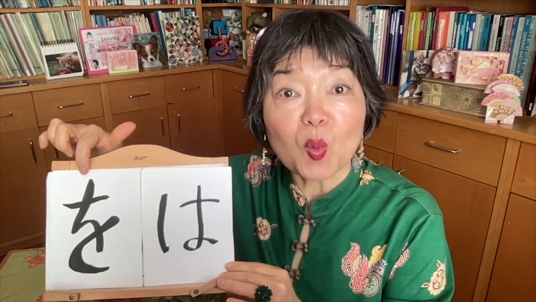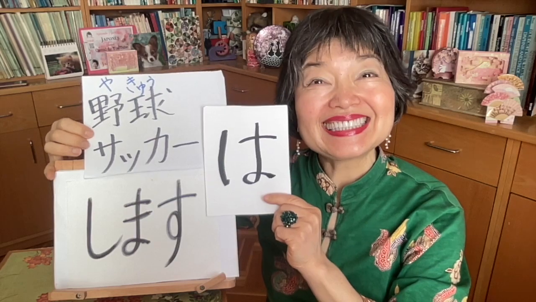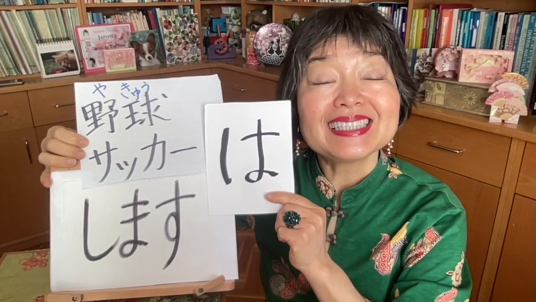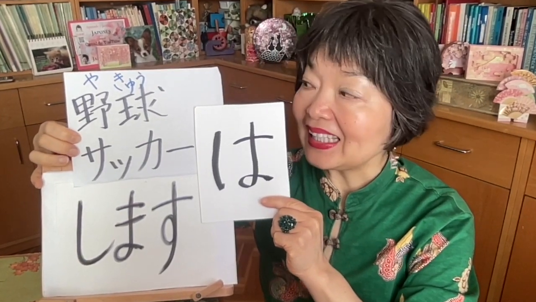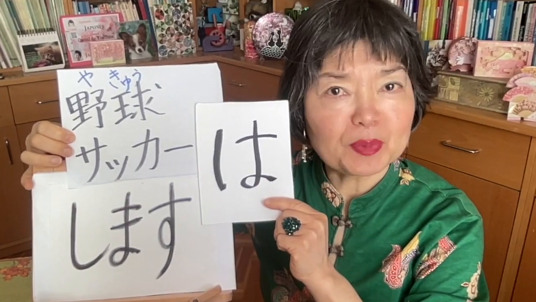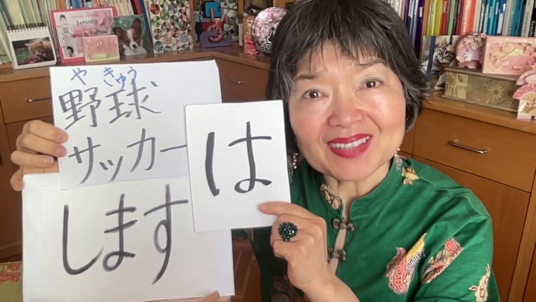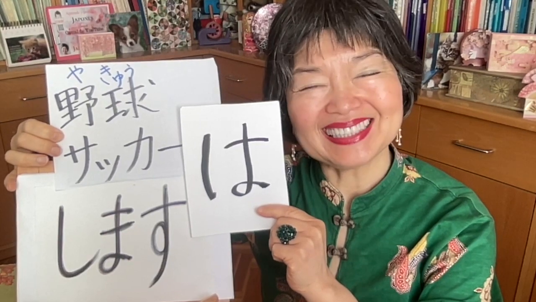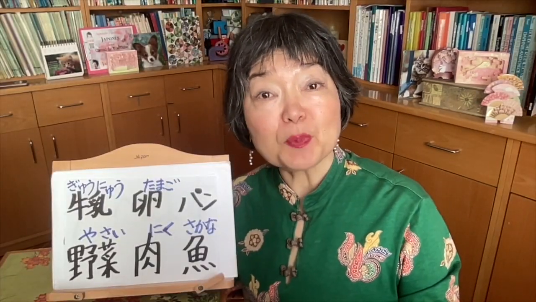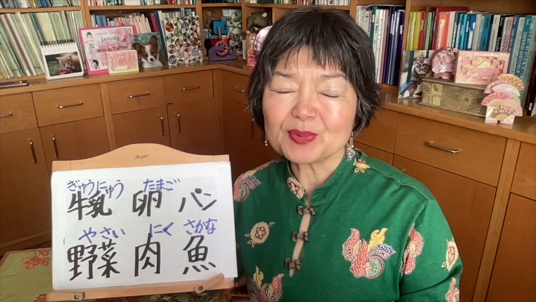But in this case, I say, yes, I play soccer, but I don't play baseball. So this is something like emphasizing. Instead of wo, we are going to use wa. サッカーはしますが、野球はしません。